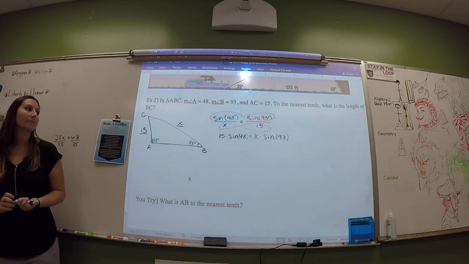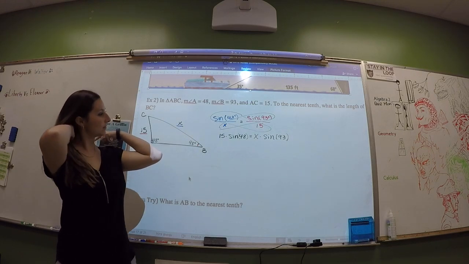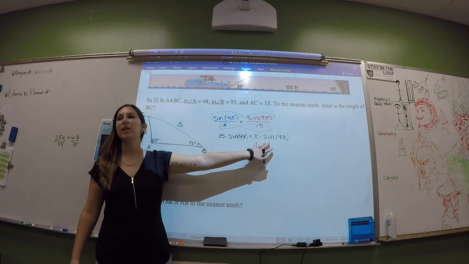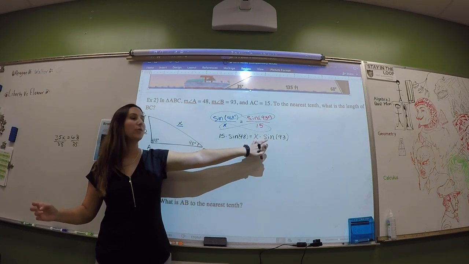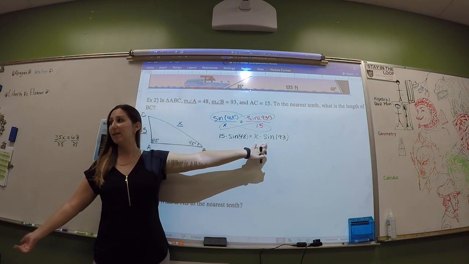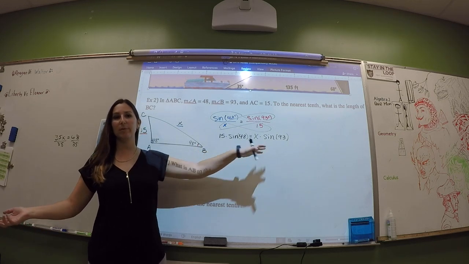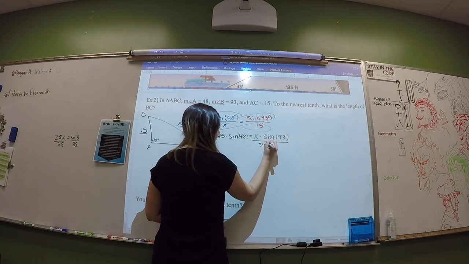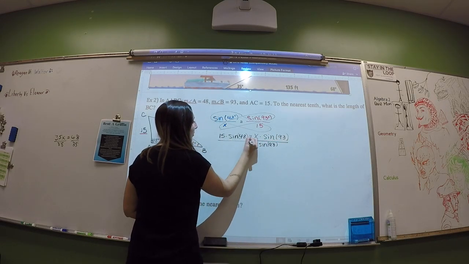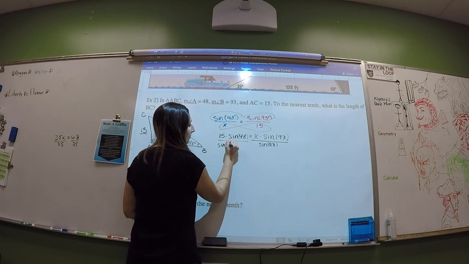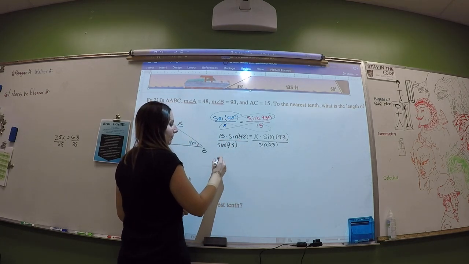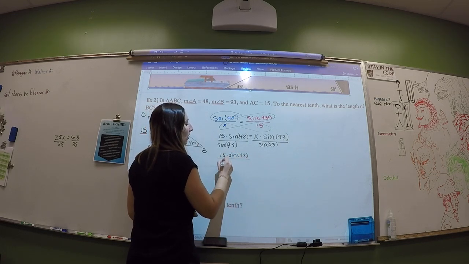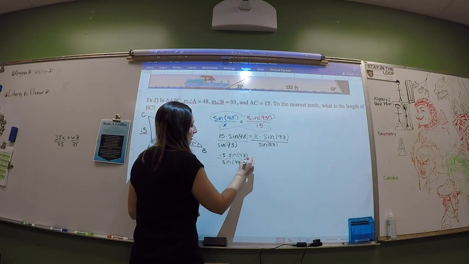X equals 11.2. Okay, let's check. So if I have X times sine 93, I just want X. Since these are being multiplied, I'm going to divide to get rid of it, because division and multiplication are inverse operations. So I'm dividing by sine of 93 on both sides. And so I get 15 times sine of 48 degrees all over the sine of 93 degrees